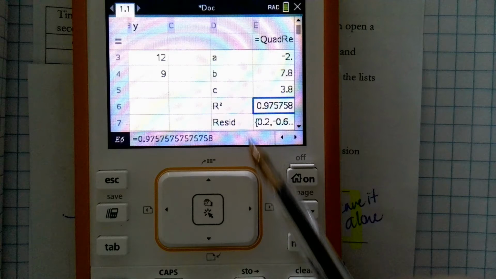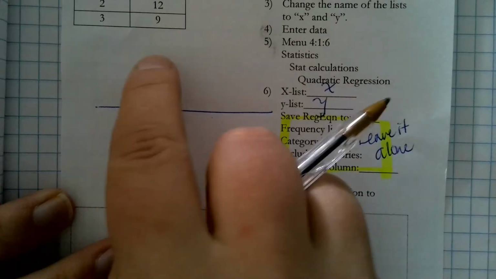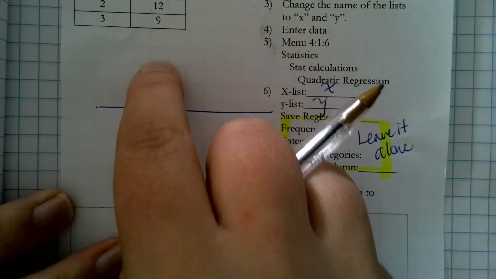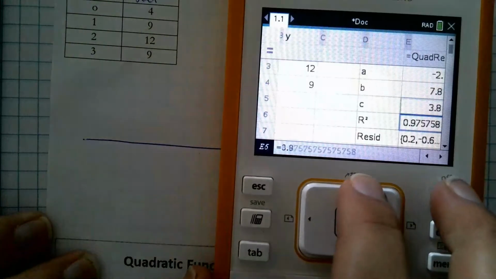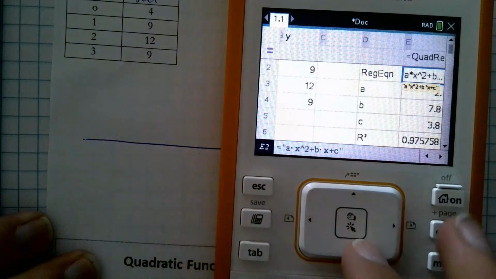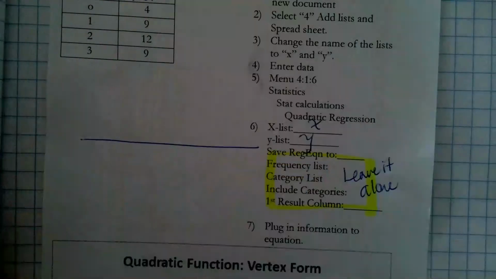So this is doing all that math for us. So now we're going to write down the important information that it's giving us. On your paper right here, just draw a line. We're going to write the important information down here, up here, and we're going to explain what it means down here. Okay, so if I put my cursor, or if I select that,